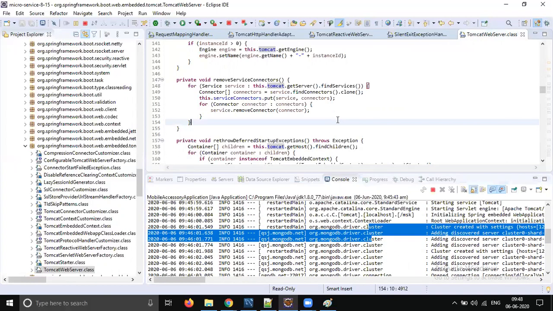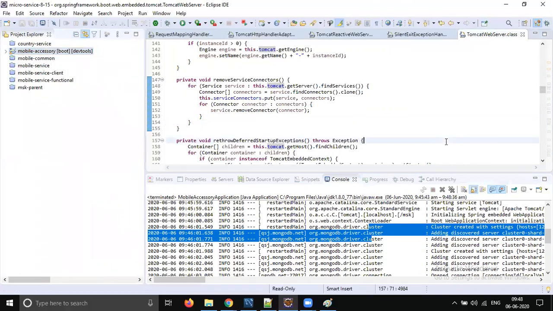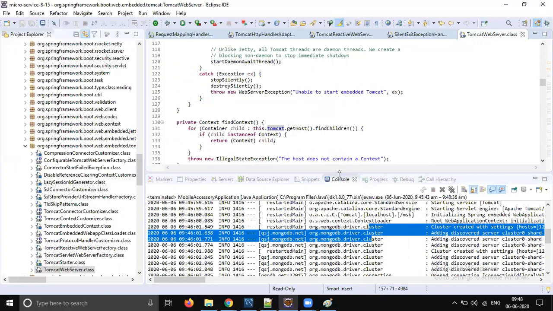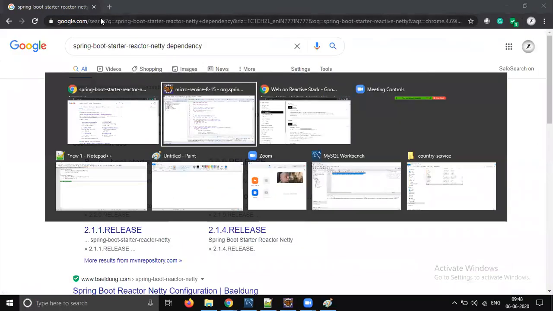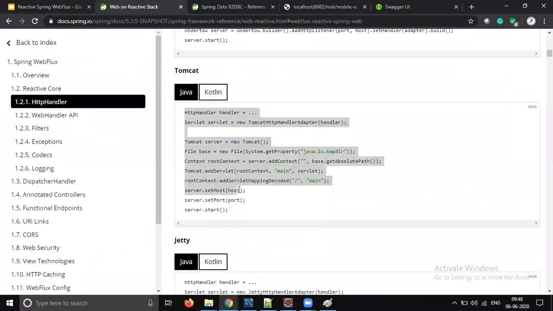Okay. Yeah, I will try, but I cannot guarantee you because it's a little deep, right? But I will try. Okay, I will try to find why it's not coming here. But as per the documentation, it's supposed to be here, right? So it's supposed to work. Okay. So this is the major difference till now, whatever we did with WebFlux and whatever we are going to do, right? So be very careful with this thing.